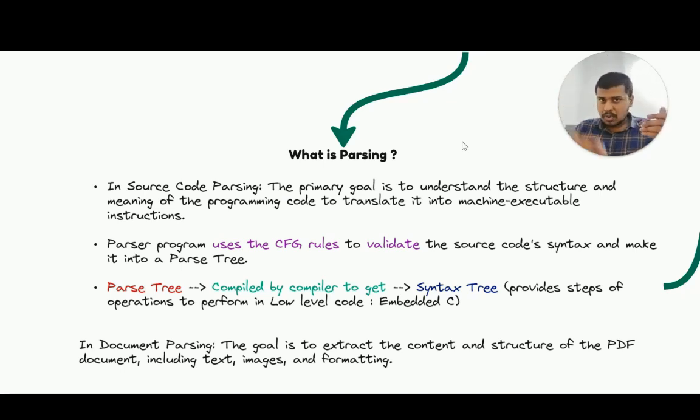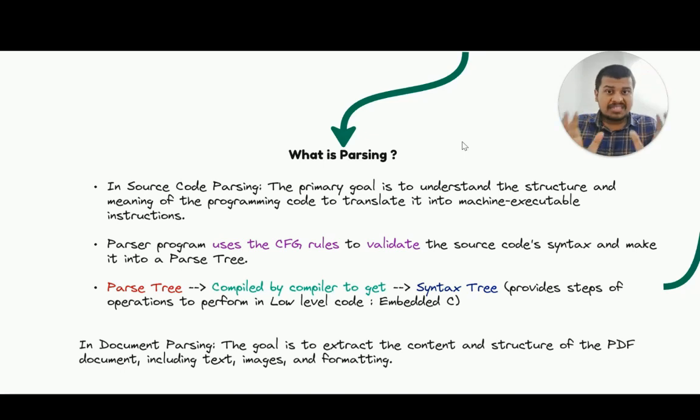So what happens? There's a source code. The parser program runs through the source code, takes in each and every string, tags each and every string to a particular tagging expression that is there in the context-free grammar rule. So it validates the whole source code syntax and gives out a parse tree. That parse tree contains all of the information about each and every string's nature or its tagging. Like this string belongs to this particular tag. This is an expression. This string is actually a number. This string is actually a factor. So that kind of relationship-based parse tree the parser gives out.